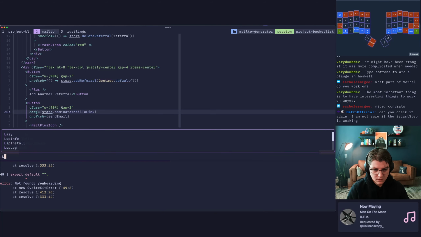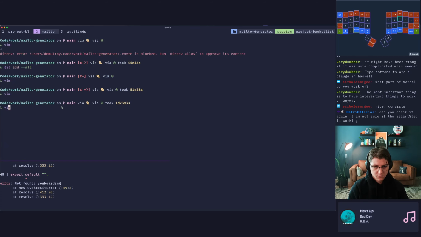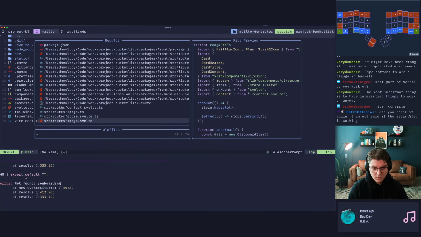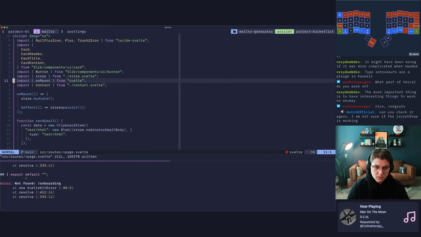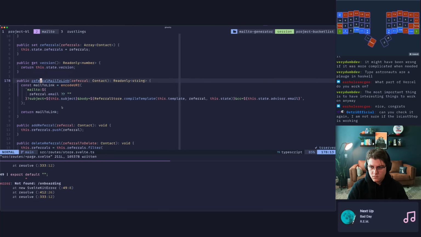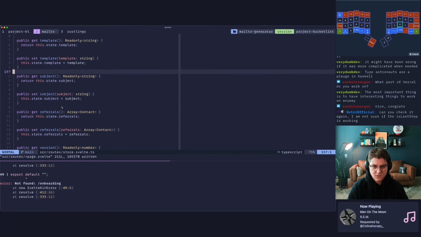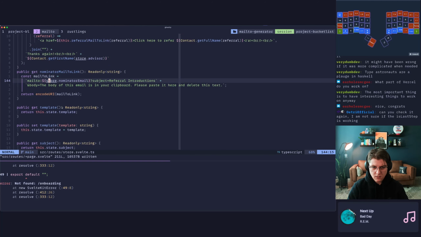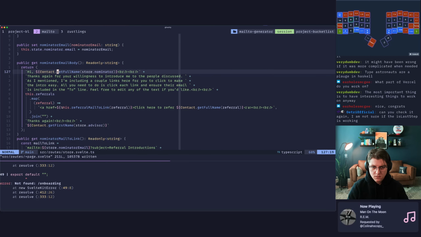Why is LSP restarting? Let me quit out of Vim quick. Is there a nominator mail to link? Yeah, here you go. Yeah, this should be changed to and first name.